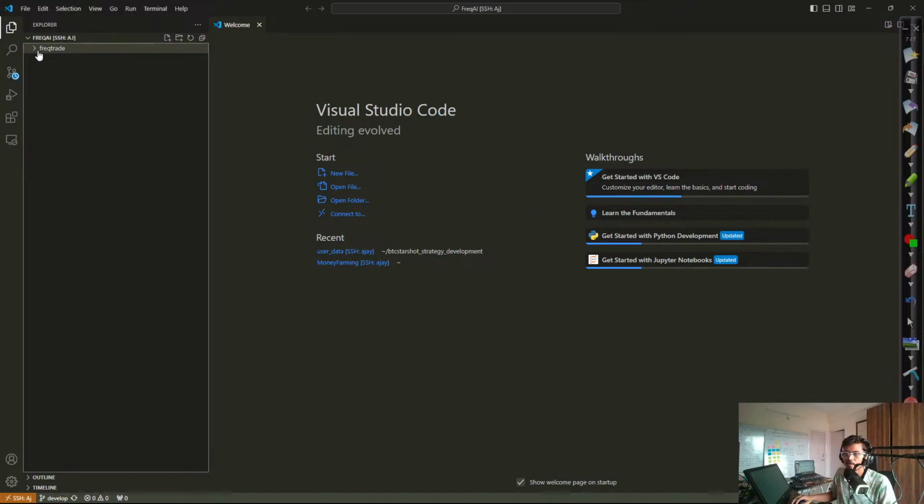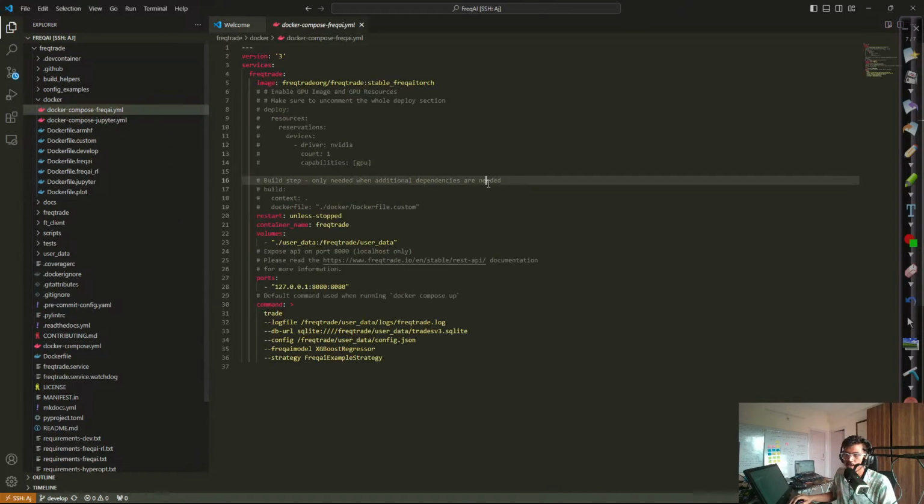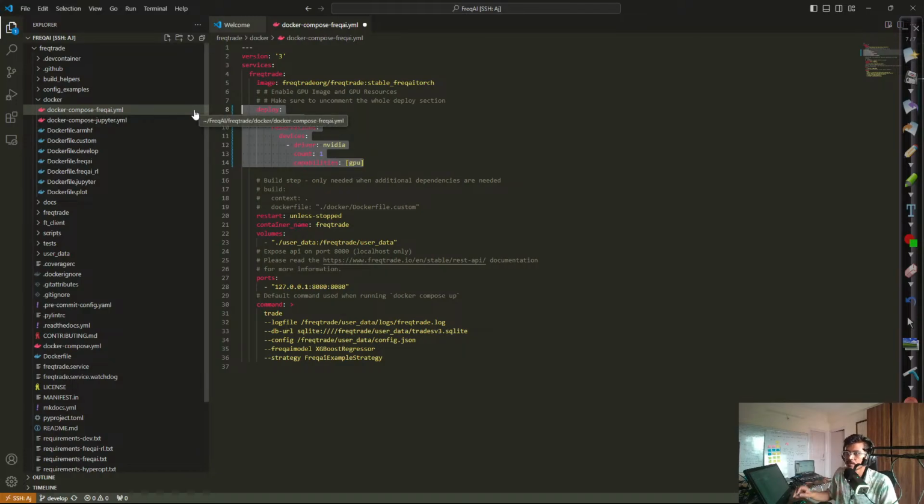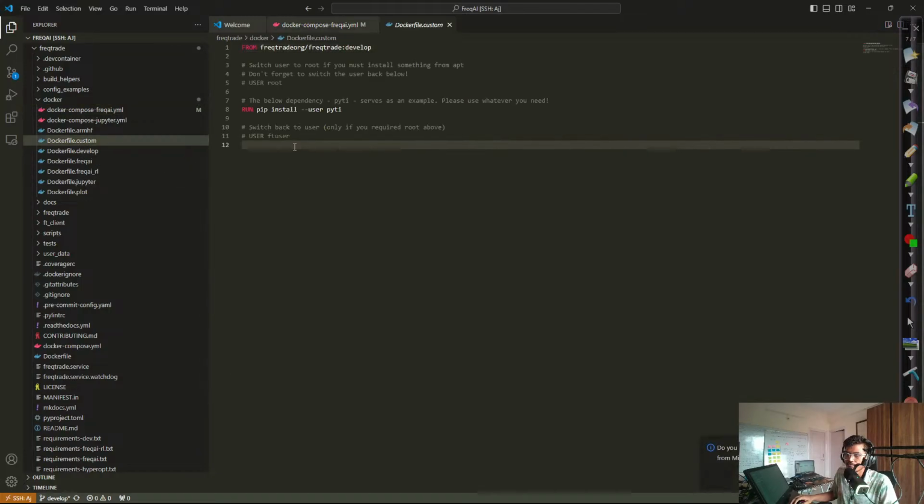All right, where were we on the Docker? We were looking at this compose file. So here I want to disable this. So enable GPU image and GPU resources. Make sure to uncomment the whole deploy section. Okay, so the build step is only needed when additional dependencies are needed. So in the docker file.custom, now we can write